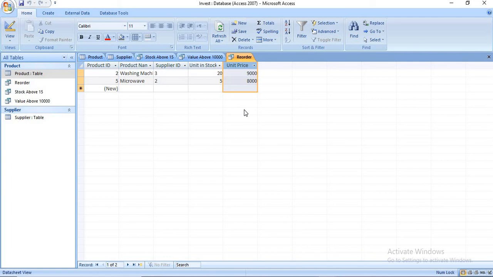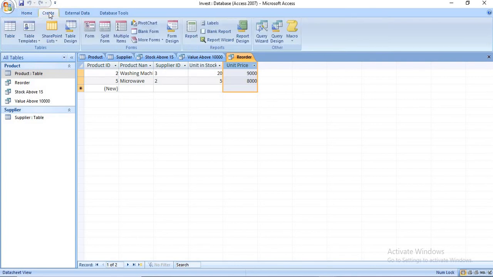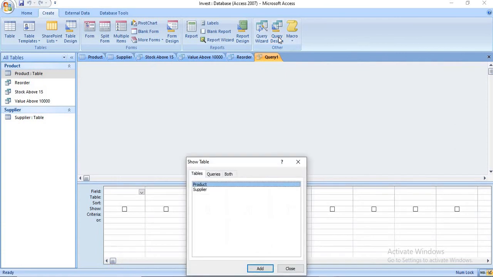Now the next thing, the last query: create another query on the product and supplier tables to display the supplier name along with all the product details from the product table. So for that, go to the create tab, query design.